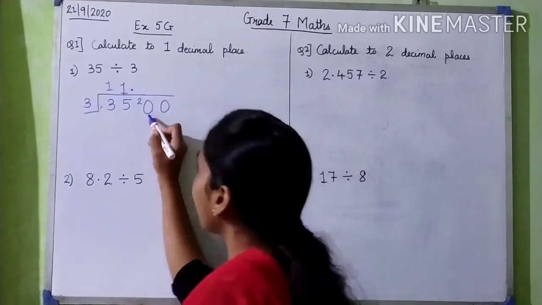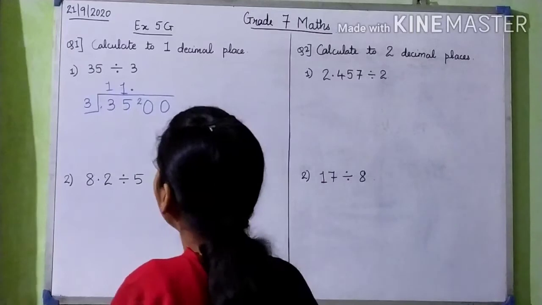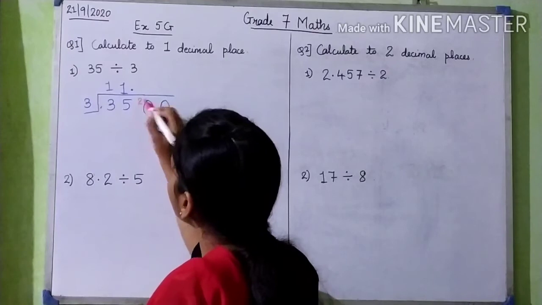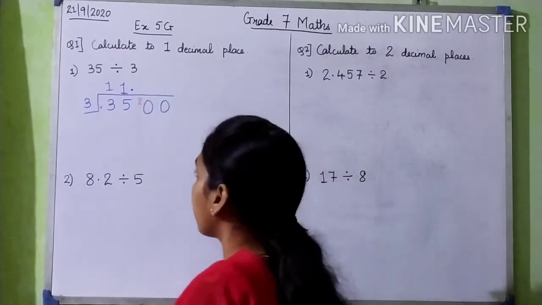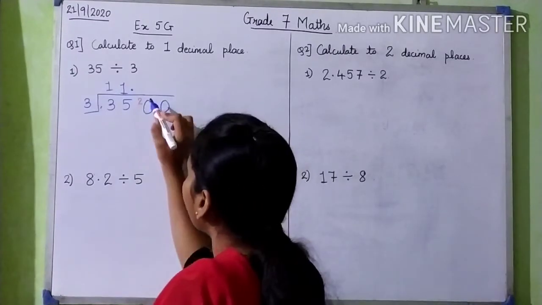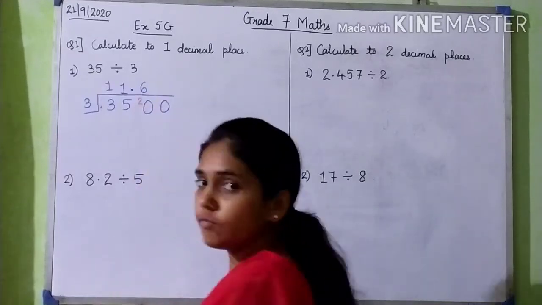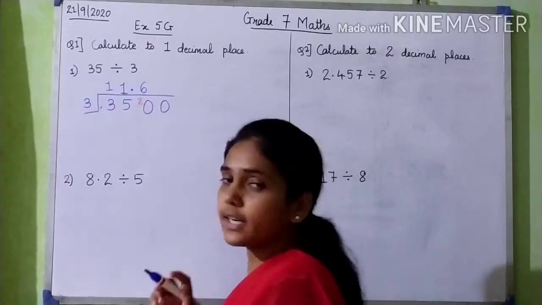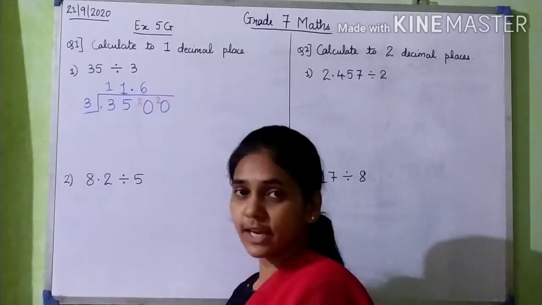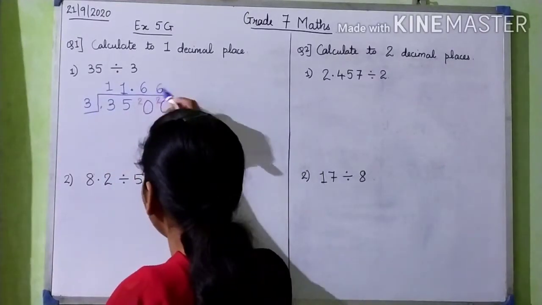Now this number becomes 20. This 2 I will write in red, to know that it is a carried out number. So this now has become 20. Now 3 5s are 15, 3 6s are 18. So 3 6s are 18 we get. Now 20 minus 18, again 2 is left. So 2 I carry to the next 0, and this again becomes 20. So again we can divide it by 3 and get 6.